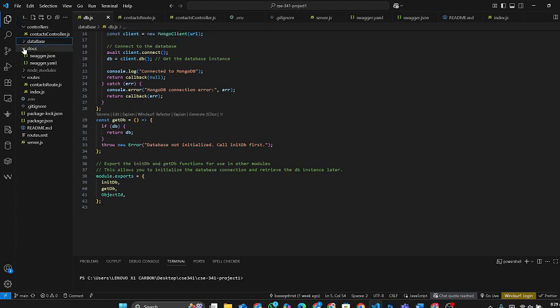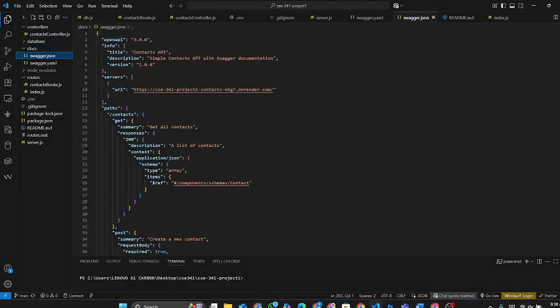And let's get down to our documentation. Initially, I made use of the swagger.yml, but because of the cost requirement, we are going to make use of the swagger.json documentation. So as you could see, we're not making use of the local server, but we are making use of our server being deployed on Render. So if you could click on this,